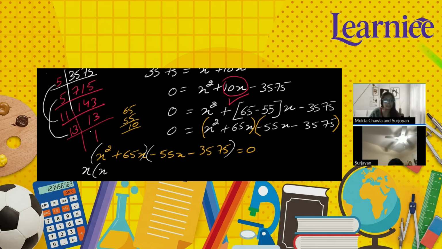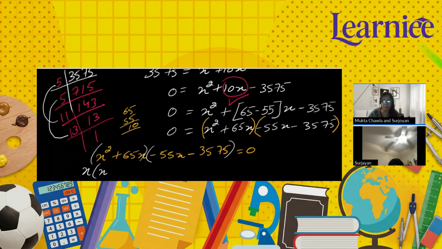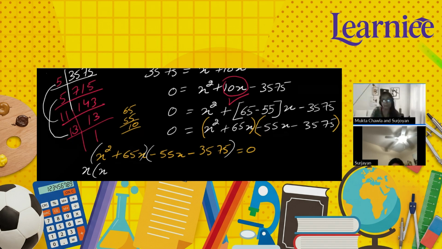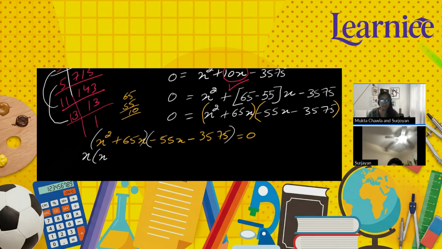Only x, right? Whenever we have to take any common variable, generally we go with the lowest power. In the first value we are having 2x power 2, and in the second we are having only 1x, means power 1. So whenever you take any variable out, you simply have to go with the lowest power of the variable. Got it? Yes, x would be there in both the values. So I'm taking x outside. Inside I'm left with 1x and 165.